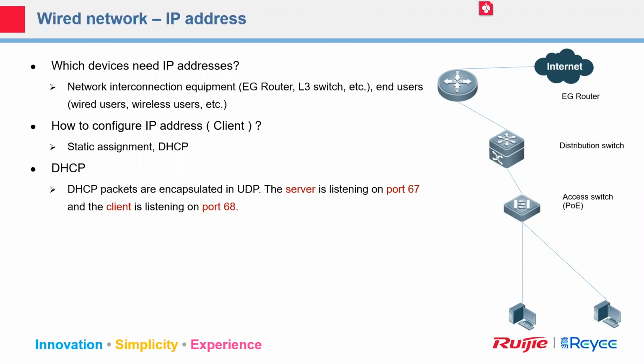Actually, in the network, we have so many protocols like DHCP, like OSPF, like VLAN, something like this. And about the DHCP, how does it work, how to assign IP address for the client? The client will ask, who can help me to give me the IP address? And if the DHCP server is on the network, the server will give a reply: I have an IP address, please use this one. So between the client and the server, we will exchange some packets. Then I will let you know what's the IP address you can get.